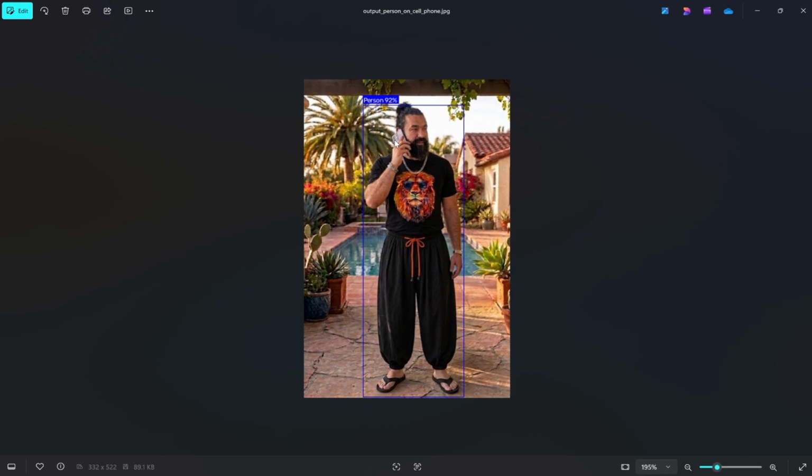This illustrates a classic computer vision limitation. The user's hand partially occluded the phone's rectangular boundary, and the small pixel area dropped the detection confidence below the